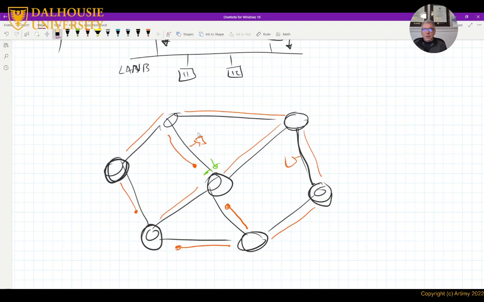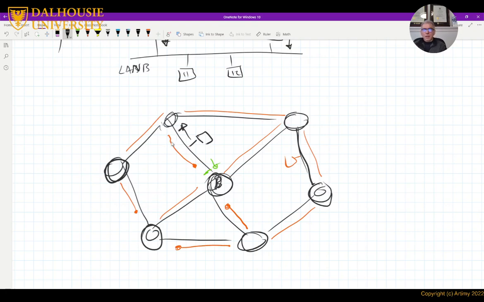So I have a station here that is connected and there are two bridges, but this bridge becomes dormant or doesn't participate in this segment. All the traffic will go to this bridge, and this bridge will take care of sending the traffic to other segments, right?